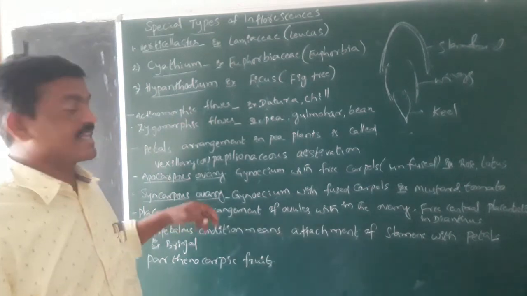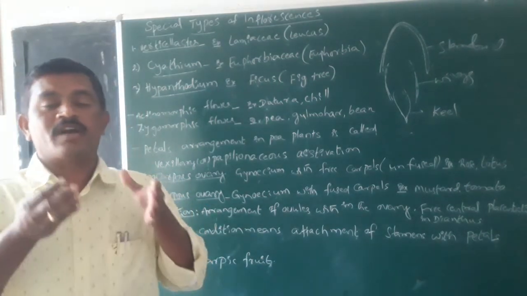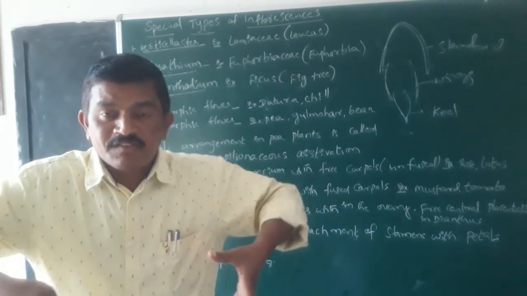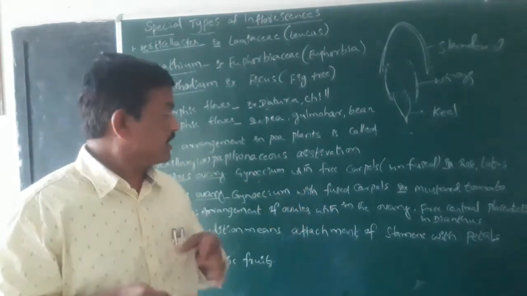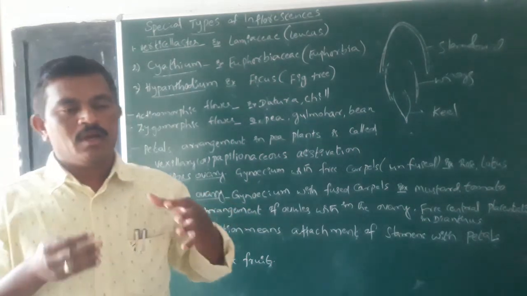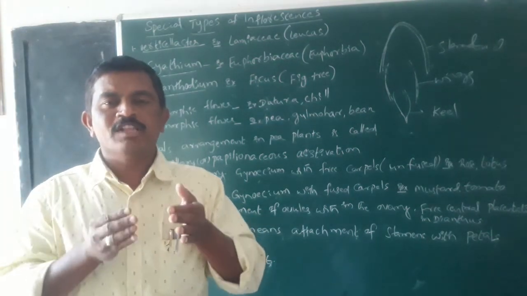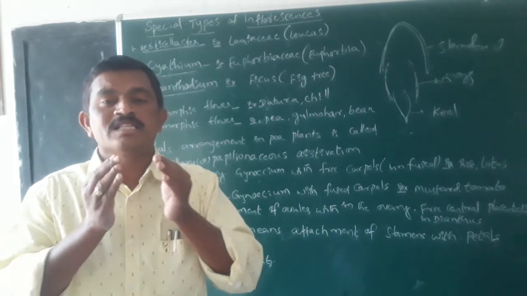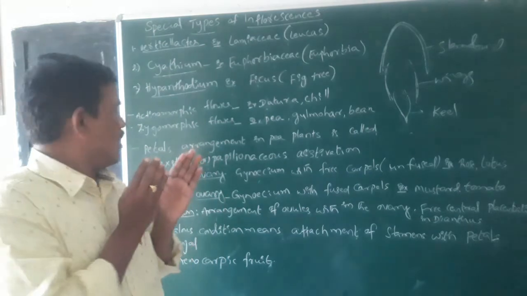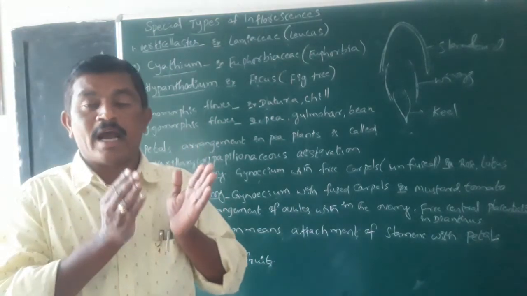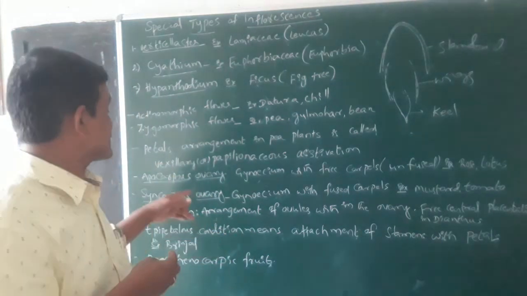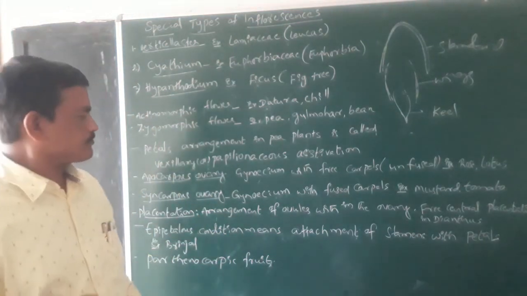And in the case of syncarpous ovary, if the gynoecium has more than 2 carpels and the margins of these carpels are fused, that is called syncarpous ovary. Gynoecium with more than 2 carpels, if the carpels are free, is called apocarpous ovary. Gynoecium with more than 2 carpels which are fused is called syncarpous ovary.